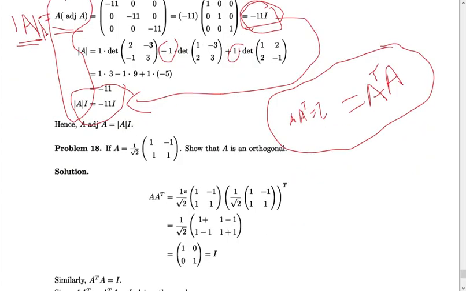For that we are going to find the value of A into A transpose. A into A transpose equal to 1 by root 2 into this matrix, 1 by root 2 into this matrix transpose. What do you know about 1 by root 2 into root 2? First of all, root 2 into root 2 is equal to 2. It's not 1 by root 2, it's 1 by 2, this value is 1 by 2. So next we have to multiply this value, its transpose.